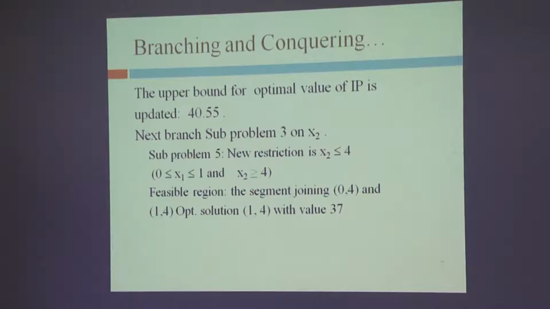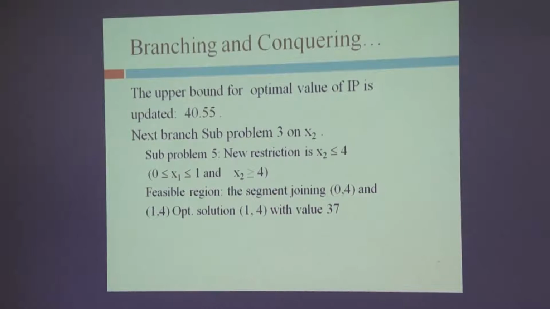If you combine all the constraints, you keep combining, because I showed them in different slides, you are not able to see. So every constraint is an additional constraint, you keep adding more constraints. So subproblem 3, new restriction is x2 less than or equal to 4. Already x1 lies between 0 and 1 and x2 is greater than or equal to 4. The original constraint was x2 greater than or equal to 4. Now the new constraint is x2 less than or equal to 4. So putting both together, x2 is equal to 4.